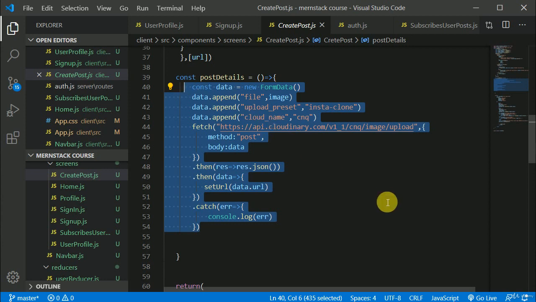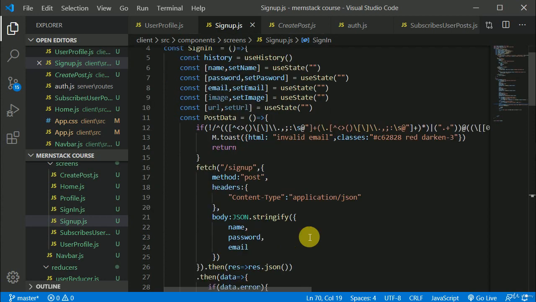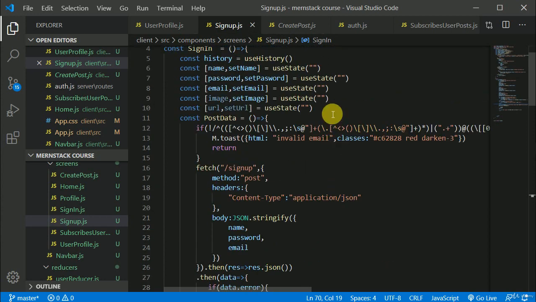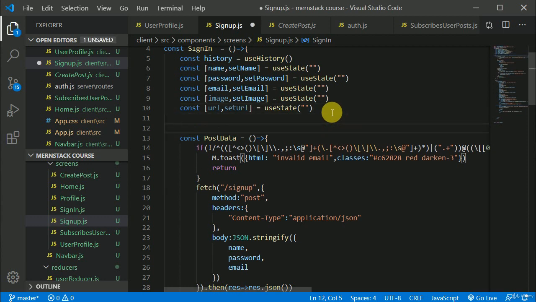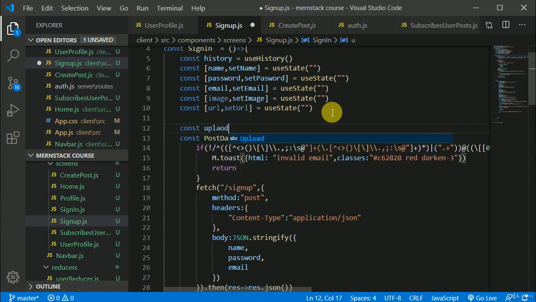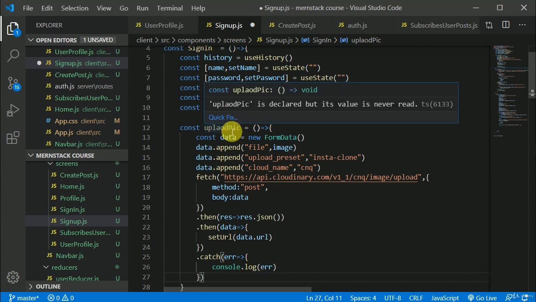Then we go to the sign up screen, and we will create maybe a function, const uploadPic, and paste it, Control V.